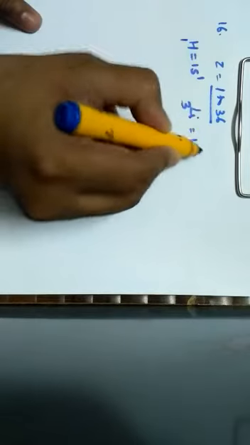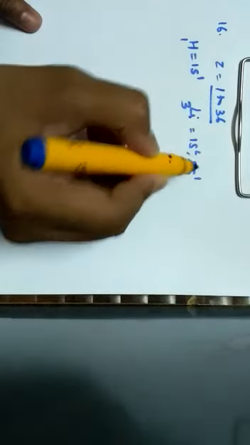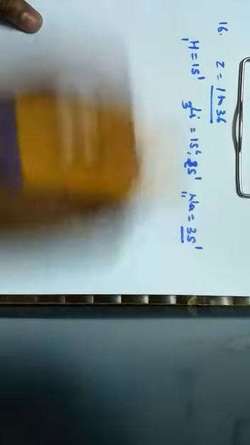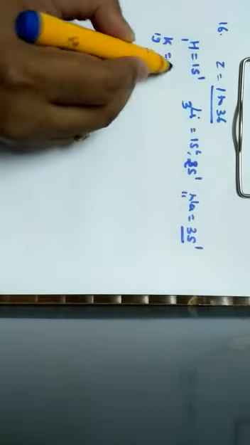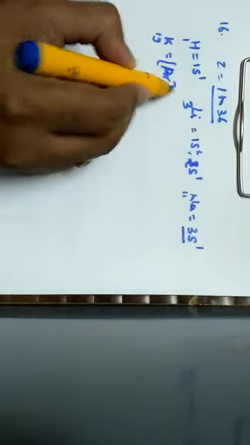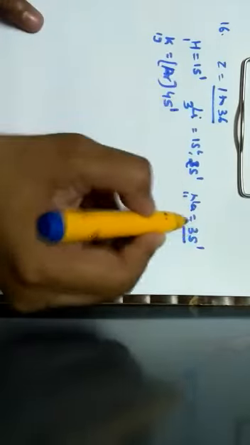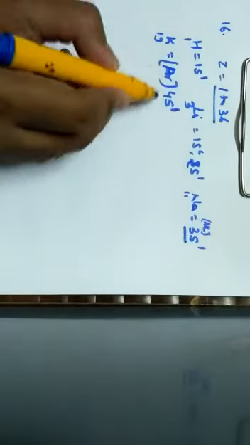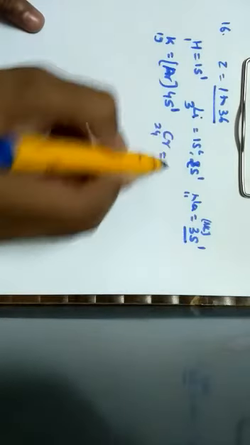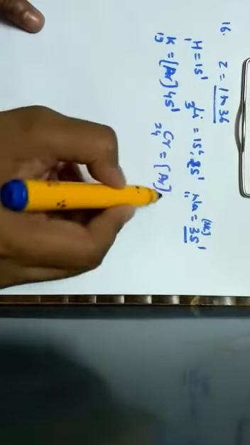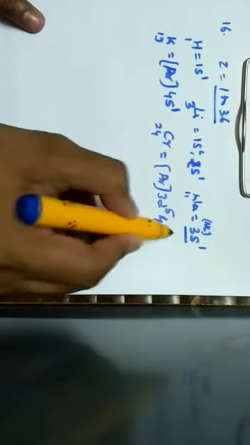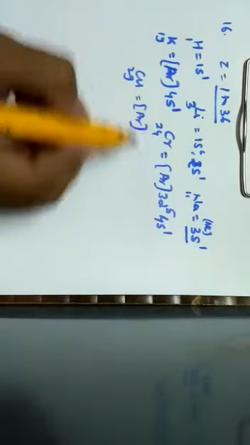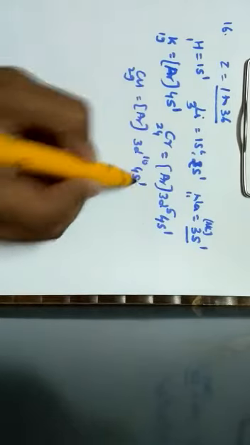Next one, lithium with 3, that is 1s2 as well as 2s1. Next, sodium with atomic number 11, so its outermost configuration will be 3s1. In the same way, potassium with 19, with argon noble gas configuration, 4s1. So here this will be with the neon configuration 3s1, argon configuration 4s1. Chromium with atomic number 24 will have argon configuration with 3d5 and 4s1. In the same way, copper with atomic number 29 will have an argon configuration with 3d10 and 4s1.